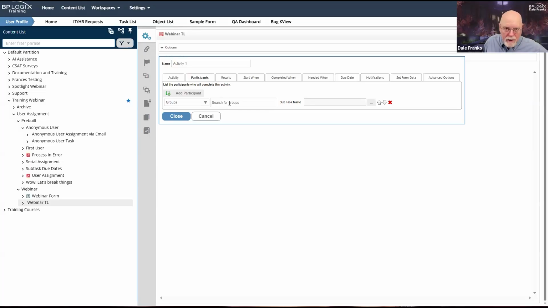Now, the nice thing about assignment by group, when it's possible, because it's not always possible, so there is an important fallback or caveat to that. The nice thing about assigning by groups is they're all managed in IT admin. They're all part of user admin.